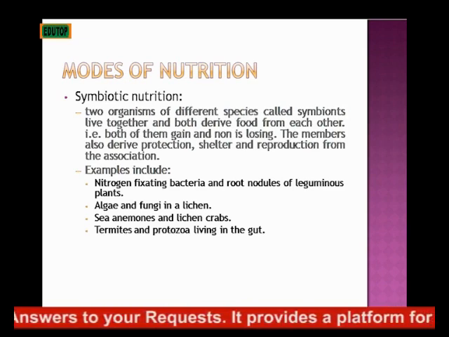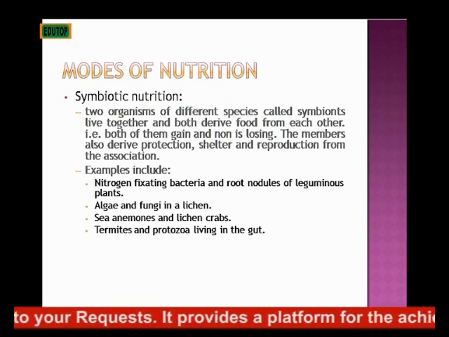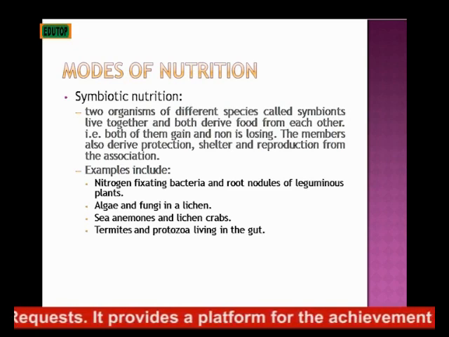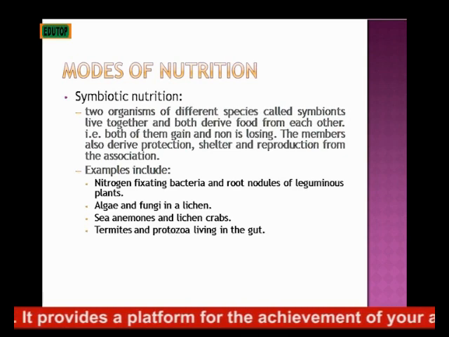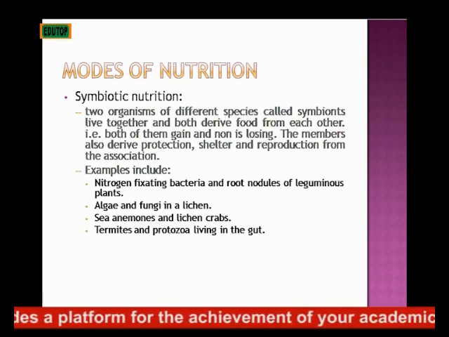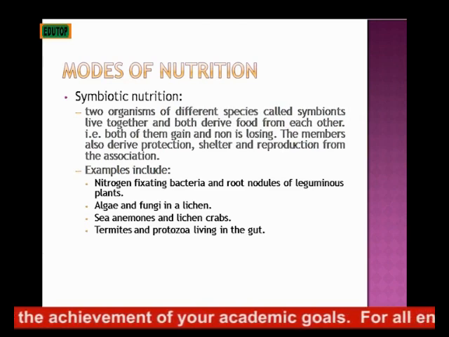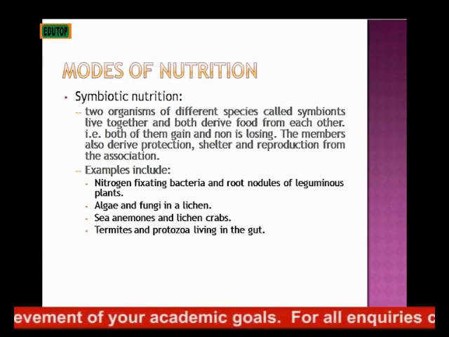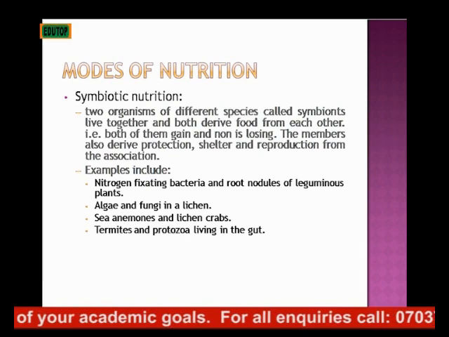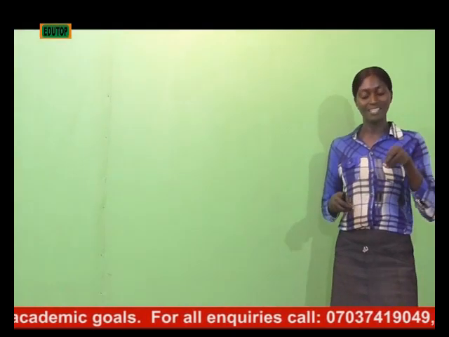Examples of organisms that undergo symbiotic nutrition: we have the nitrogen fixing bacteria and the root nodules of leguminous plants. The root nodules of leguminous plants and nitrogen fixing bacteria. The root nodules, the bacteria helps